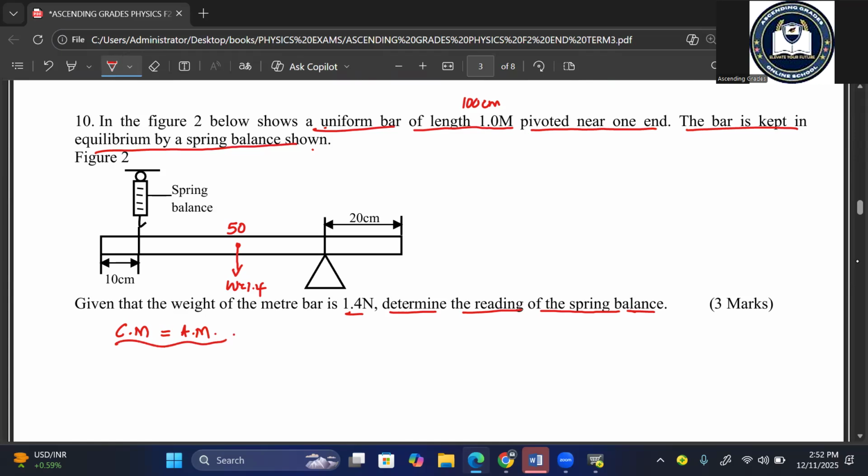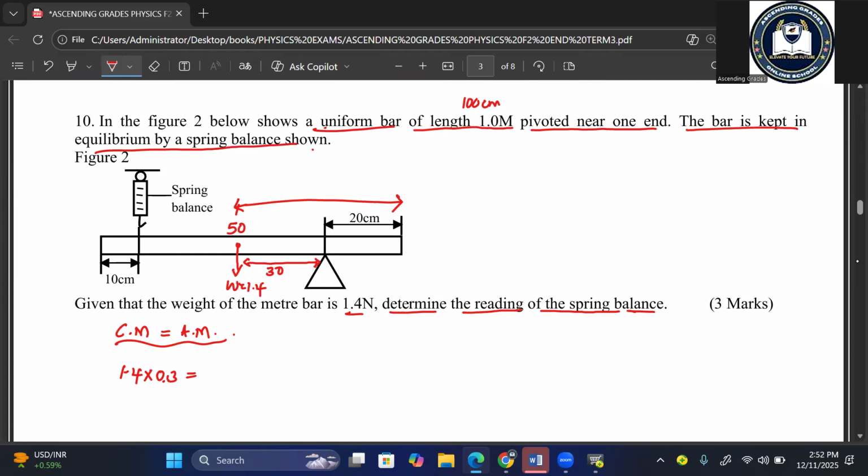So in the exam, you write in full. We must look at the perpendicular distances. So the weight of 1.4 times a perpendicular distance, from this part all the way to this part is 50. So what is the difference in between? We expect to have 30 centimeters, which is 0.3 meters,